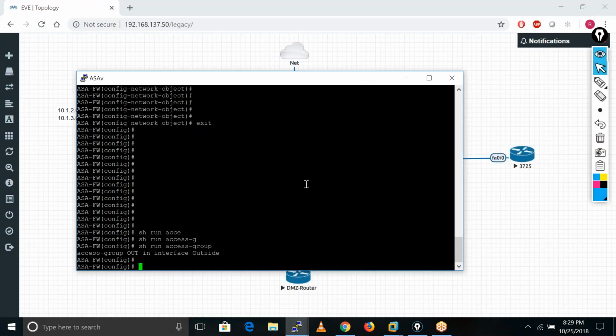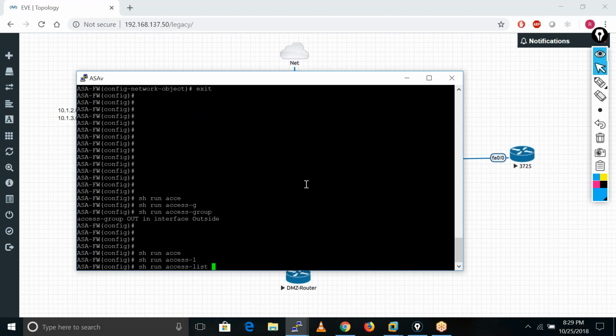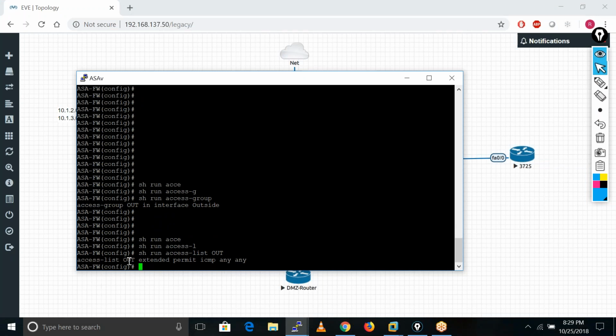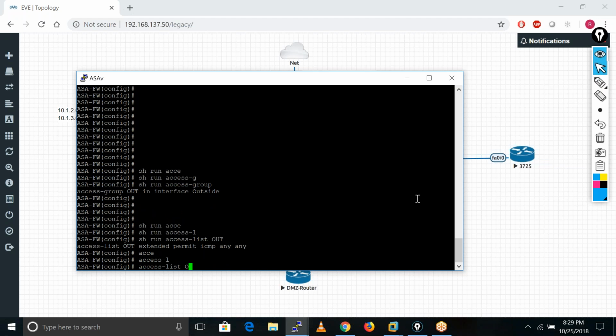So we already have one access group. Let me see the configuration of my access list. The name of my ACL is out, so I'll just run show access-list out. I have only this in my ACL. So I'll write one more statement here for my DMZ server access.